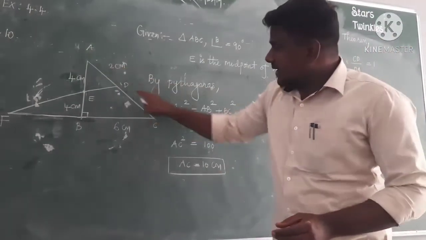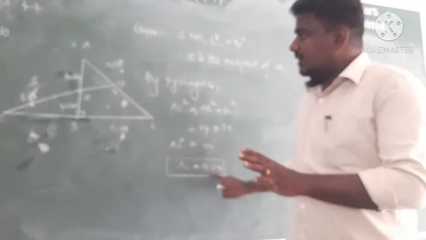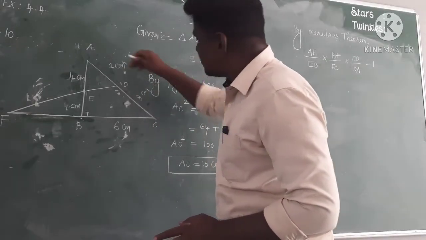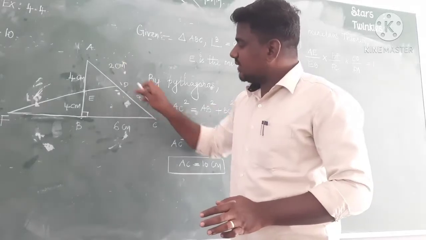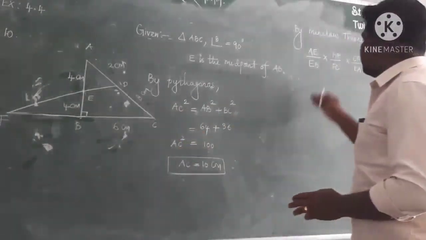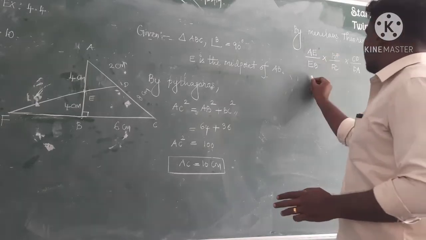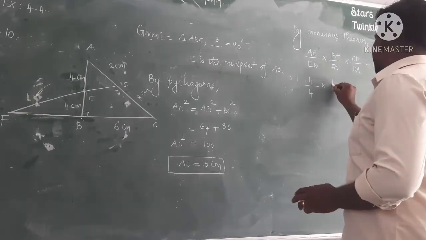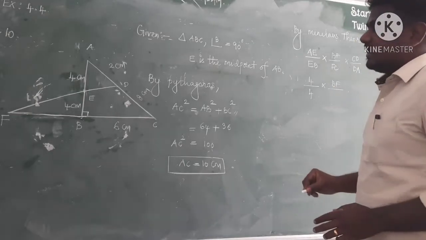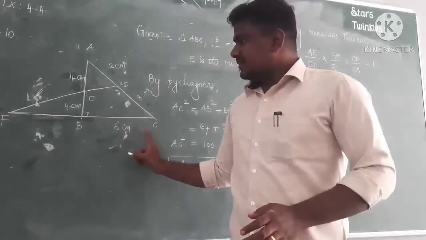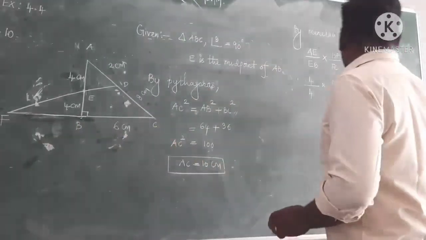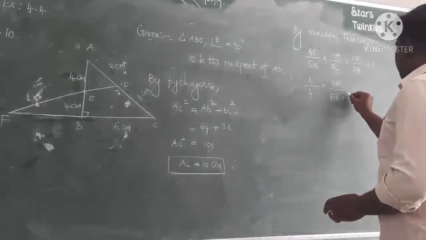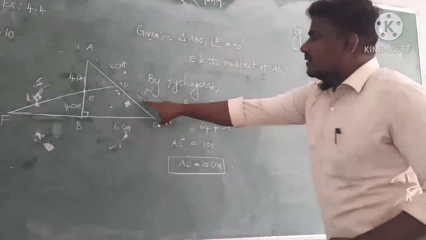See, already the length of AC is equal to 10 centimeter. We found it. So if AD equals 2, then CD must be 8, because the total length is equal to 10. 10 minus 2 gives 8 centimeter. Okay. So now substitute the respective values. AE is equal to 4 by EB is also 4, into BF. We are going to find the length of BF, by FC. What is this FC? This is the sum of FB plus BC. FB plus BC, BC is equal to 6, into CD by DA.